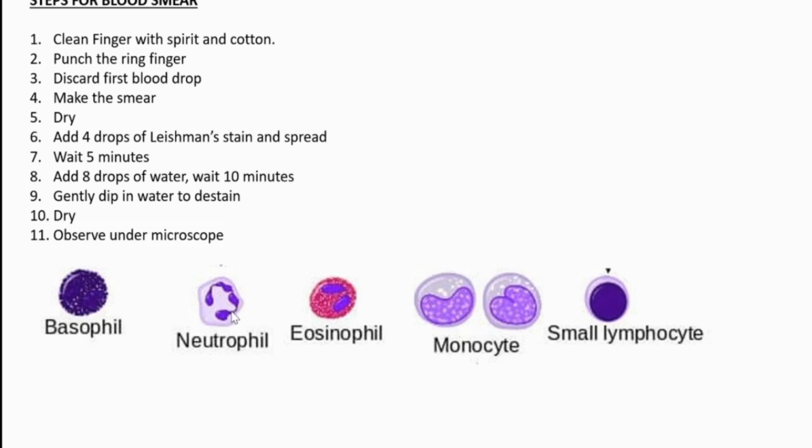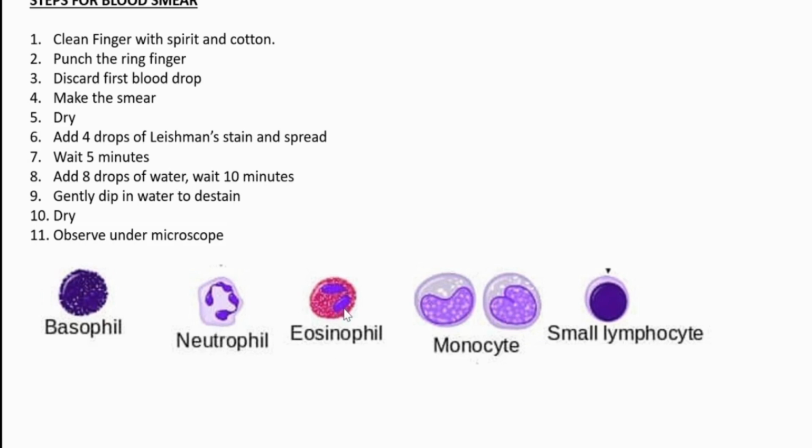Neutrophil means the WBC having more than 2 lobes. That number of lobes can vary; it may be more, but it will be more than 2. Whenever the WBC has more than 2 lobes, that WBC will be a neutrophil. In the WBC count we are examining, the neutrophil count is always higher. Neutrophil is the most abundant WBC.